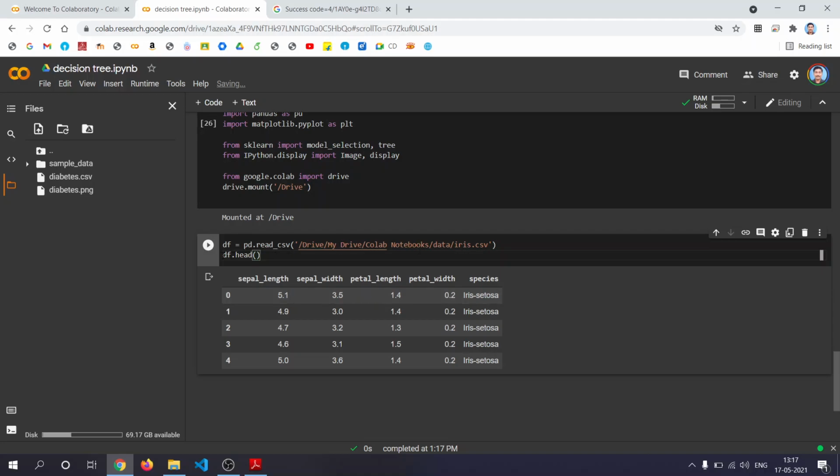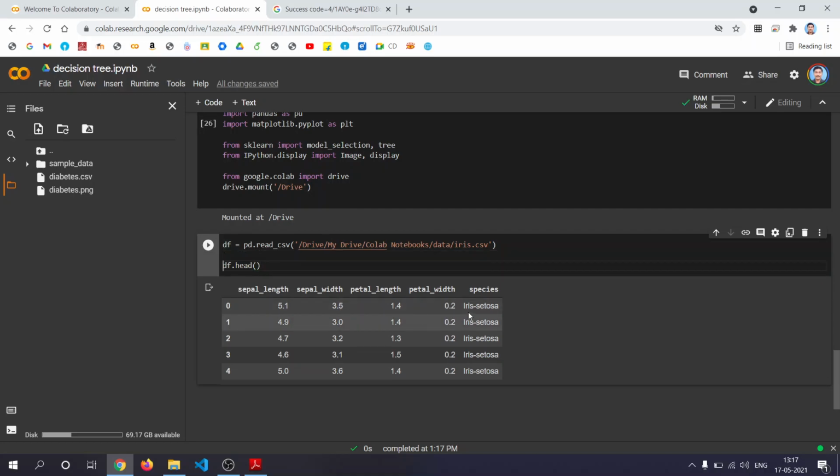Right? Now before proceeding further, we need to factorize this value. This contains text strings. Now you need to convert that into factorized values. That means you need a command like this: df dot species, that is the name given, so we'll use species label.